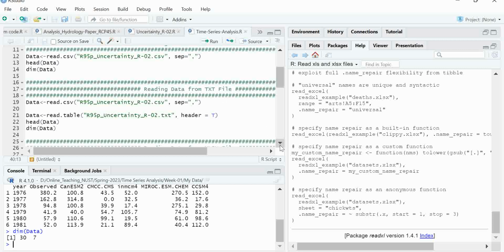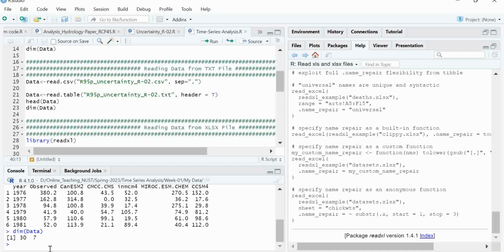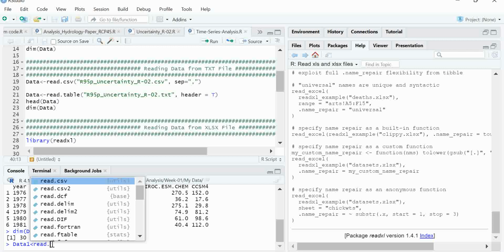Now let's move to the txt file, the text file. Again, I will write data1, just to make the difference, because data is already stored from the .csv file. Suppose you use data again and check it, then maybe you will be confused that this may be the stored data from the .csv file. To avoid that, I am just changing the name to data1 and then read.csv,